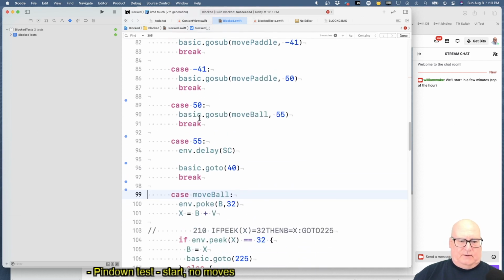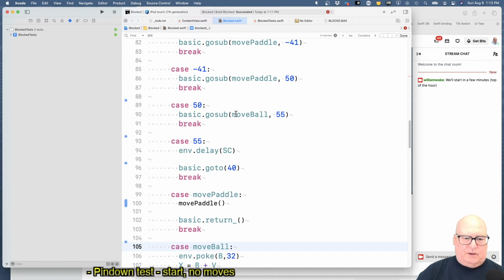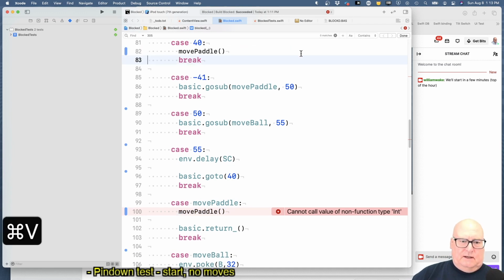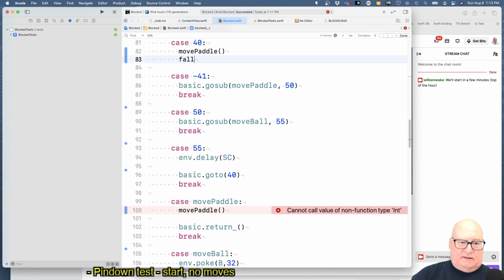Okay, so, well, let's leave it here for a second. So when you call move paddle, it goes down to this case, calls the function, and returns. So let's inline this. Here, we'll replace this, and it's going to go to the next case, so we'll fall through,